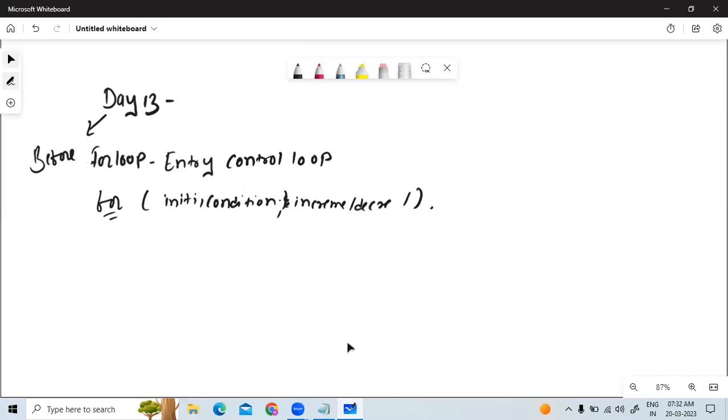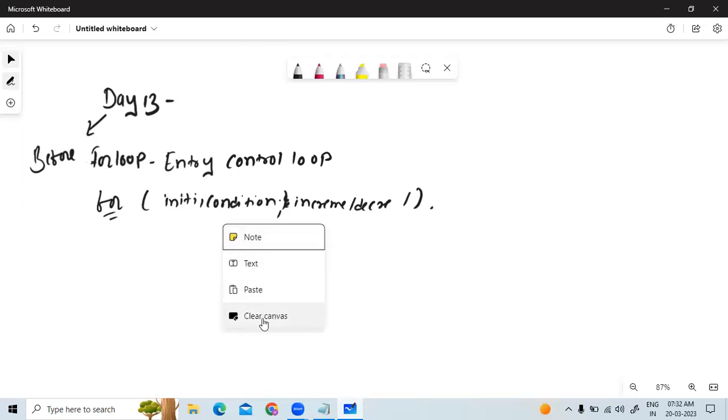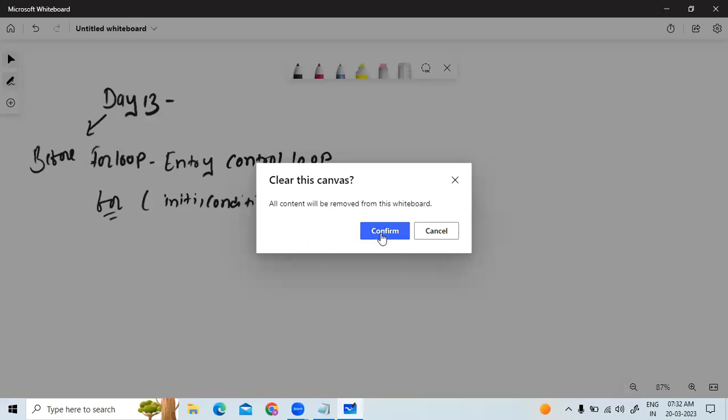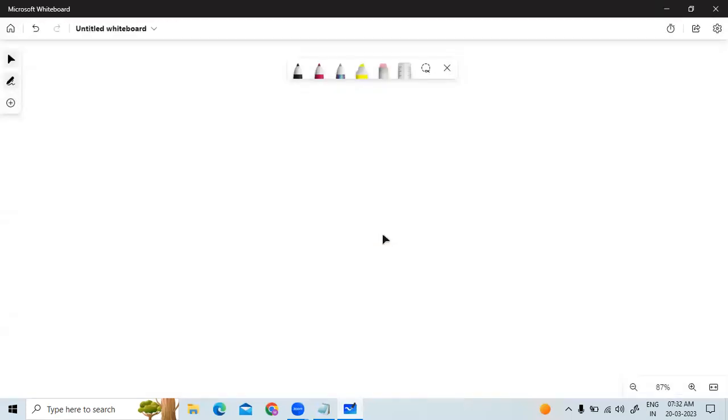Now let's start today's topic. We'll see the nested for loop today, and we'll start the while loop next. So what is nested? What is the meaning of nested? We have seen the nested if already. Nested means, simply,